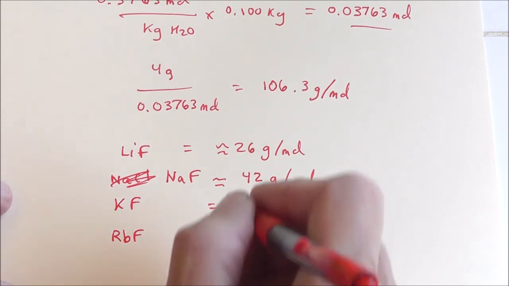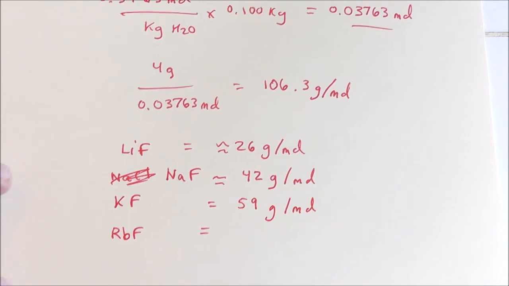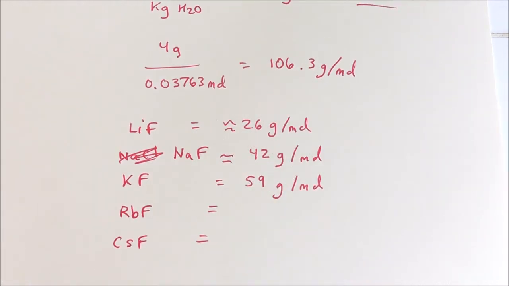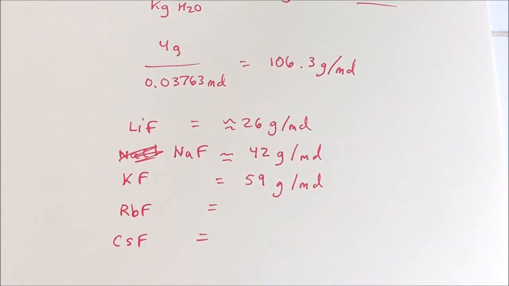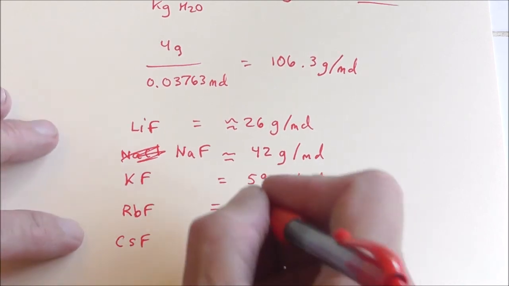Potassium's been about 40. This would be 59 grams per mole. I was wrong. I guessed it might be NaF. Oh my goodness, folks. I got to go find out what a rubidium weighs. Oh boy, folks. I had to get my periodic table out because we usually don't get down as far as rubidium. But a rubidium is 85.5. And so if we went 85.5 plus 19 for a fluorine, then this would be 104.5